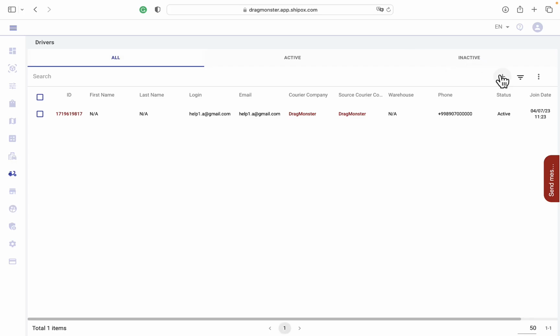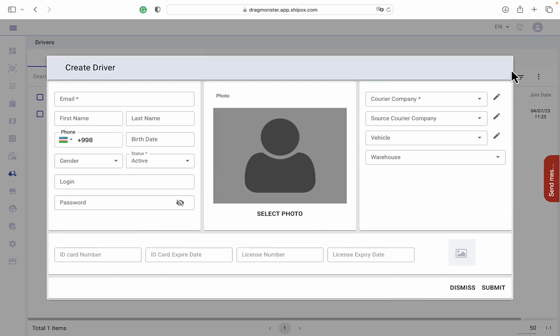If you wish to add a new driver to the system, you need to click the plus button located in the top right corner of the page and fill in the fields, providing an email of a driver, first and last name, indicating phone number, birth date, gender, set status to active, create a login and password for that driver so that he or she can log in to the system using the mobile application Shipox, provide an ID card